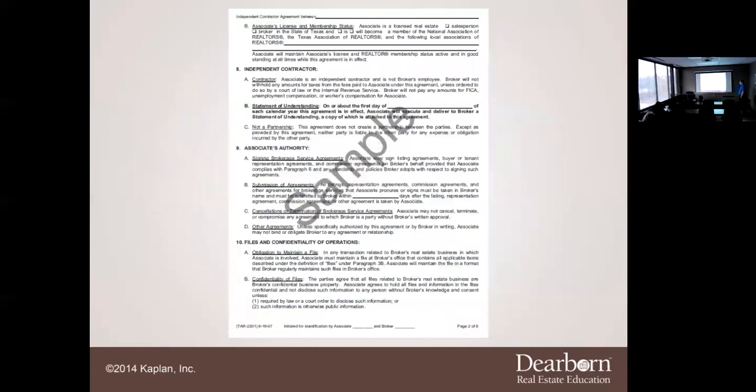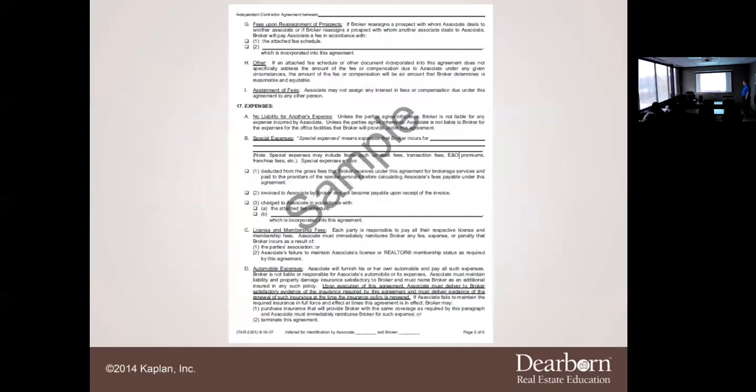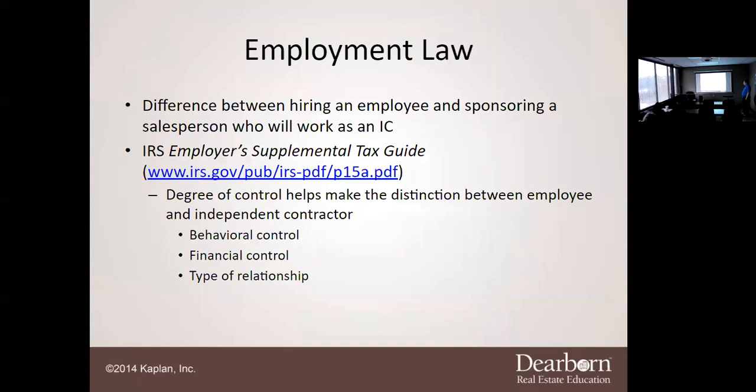Okay, so exactly as you see through here, this is what your independent contractor agreement looks like. And again, we're not going to spend a lot of time on this, simply because not every brokerage utilizes that form. I'd hate to go through that form, and then Ms. Davenport decides she's going to go to Keller Williams, and Keller Williams says, no, we don't use that form, Ms. Davenport. We have an independent form. So I don't spend a lot of time. I just want you to have an idea of what it looks like.